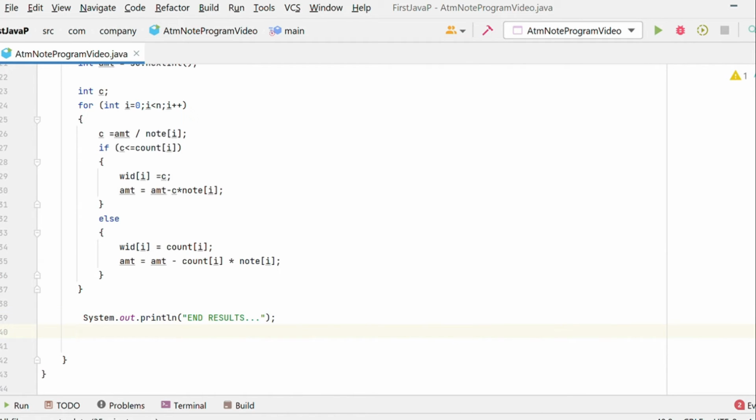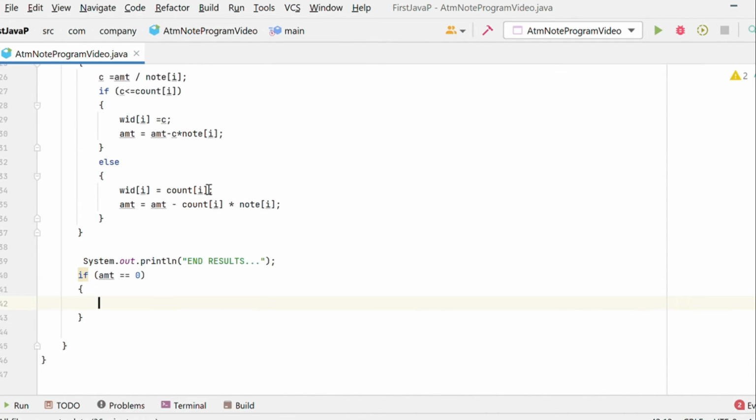For that we are going to check whether our amount is equal to 0 or not. If our amount equals 0, it means we have reduced it to 0, so our ATM has all the notes required to fulfill our amount criteria.